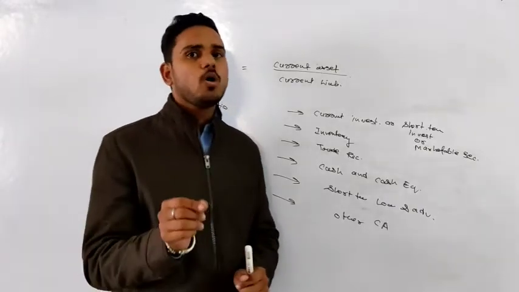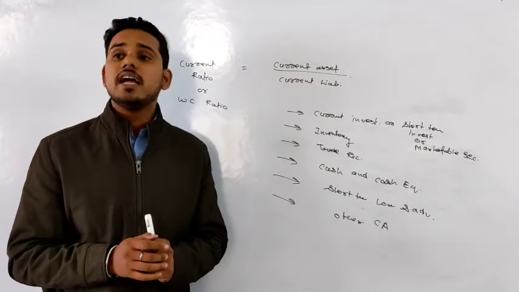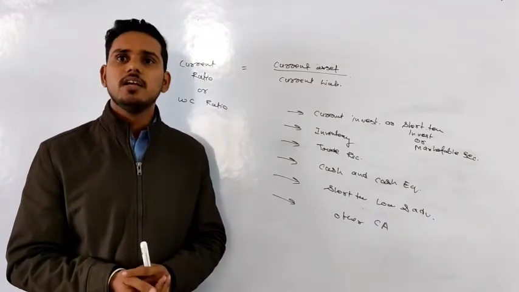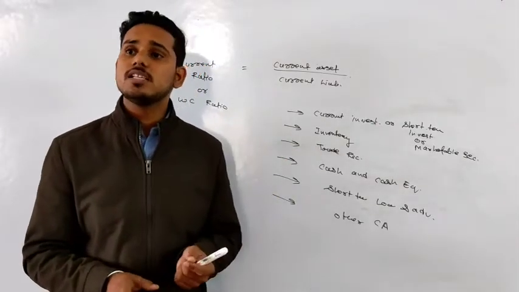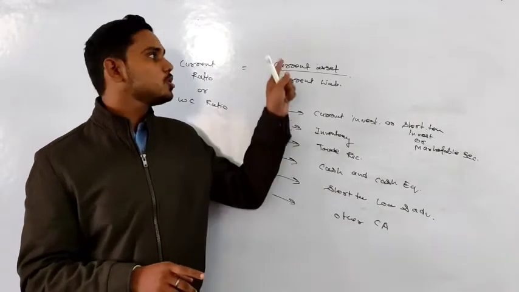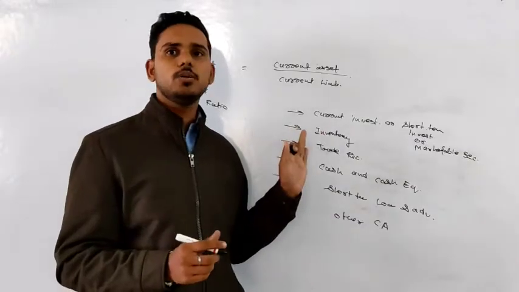Same way, if only borrowing or loan is written, that is what? That is long-term borrowing, right? If nothing is mentioned before any investment or loan, that will always be considered as long-term, not short-term, and that's why you need to ignore that, because you are considering only current types. Okay, I hope the first one is clear to you.